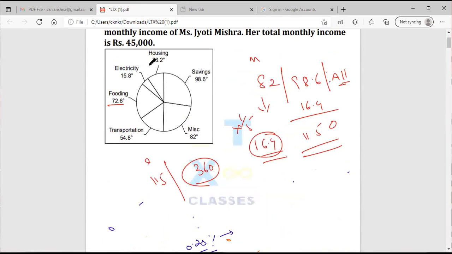72.6 and housing 36.2, which is 8, 10, which is close to 108.8. Okay, 108.8 degrees upon 360 degrees. Total value is 45,000. Okay,